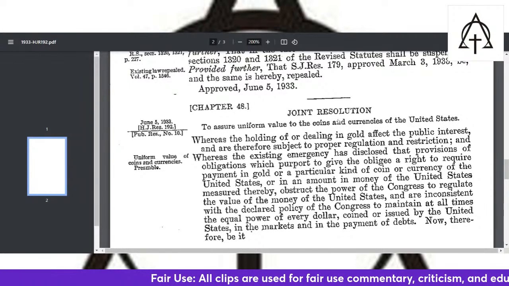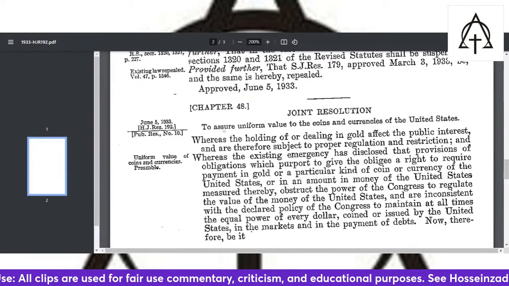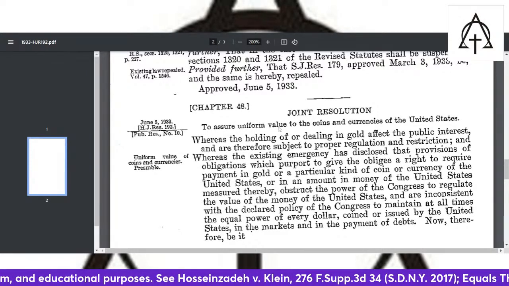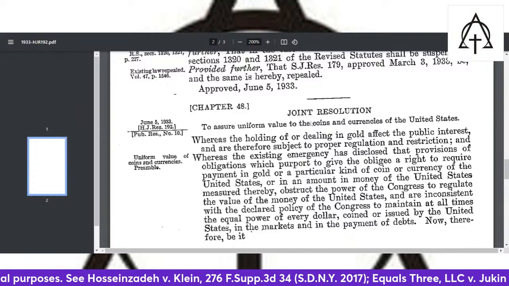So as we're looking at this, it's to assure that there's that term grant, to grant, uniform, one form, to grant one form value to the coins